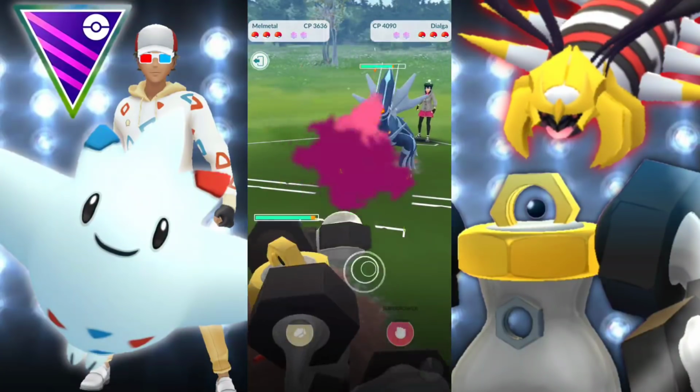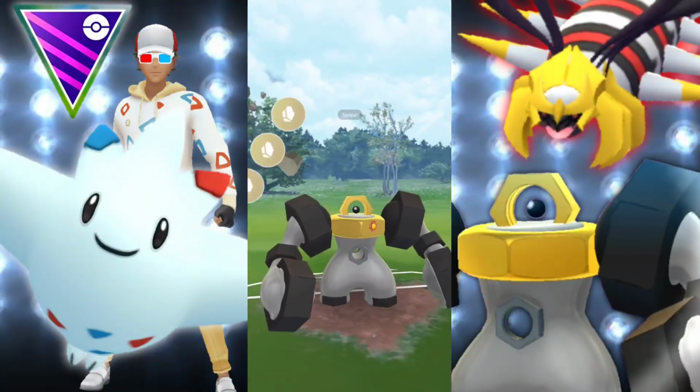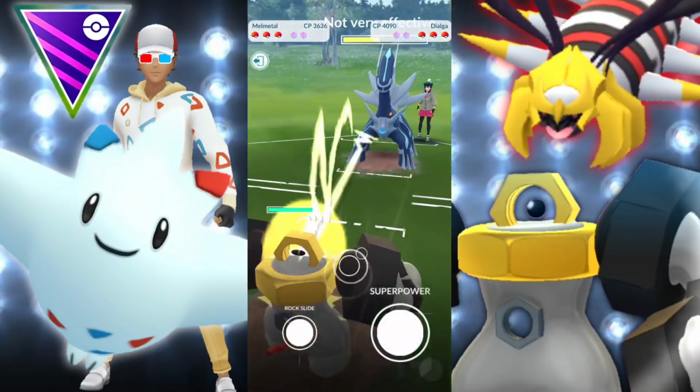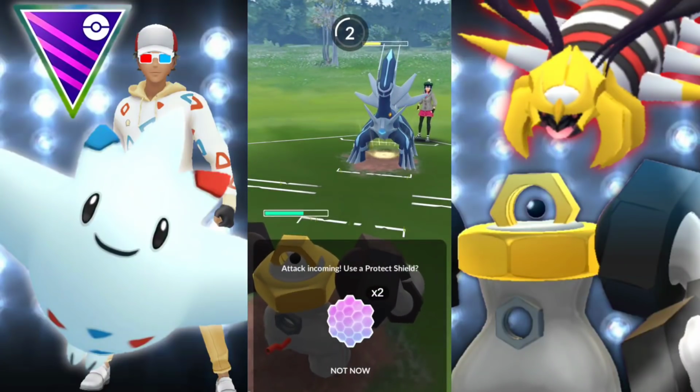So they are switching into Dialga. We're going to be going into our Melmetal here. And we already know this situation. Thunder is the only thing that's going to be hurting us the most. Well, Draco Meteor technically, but that takes a while to charge up for them. And yeah, we're looking great. I think we'll just let this...